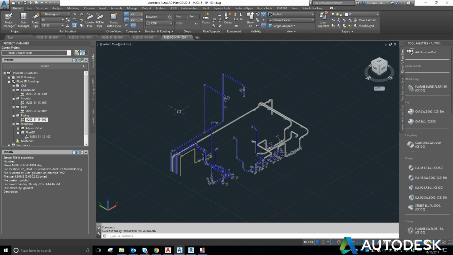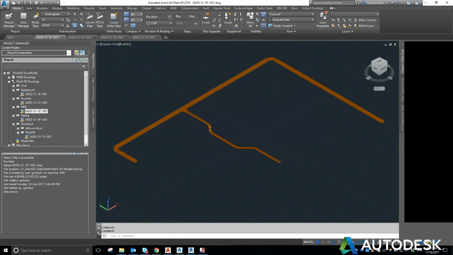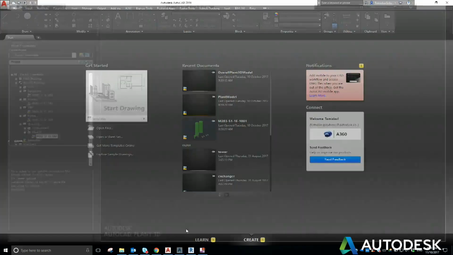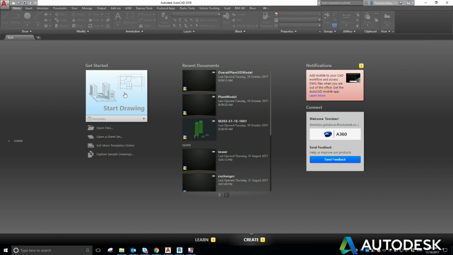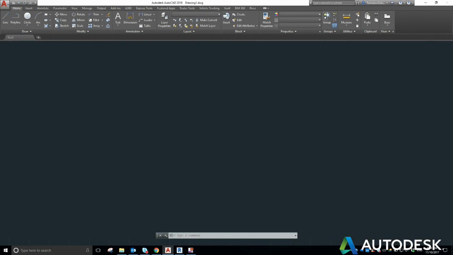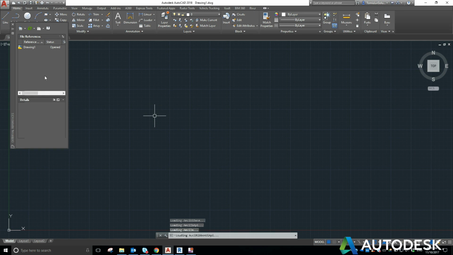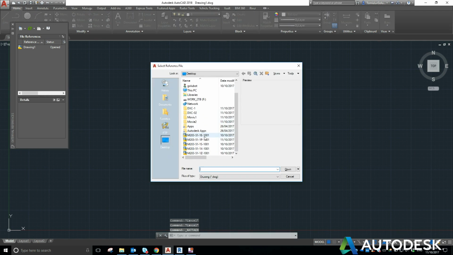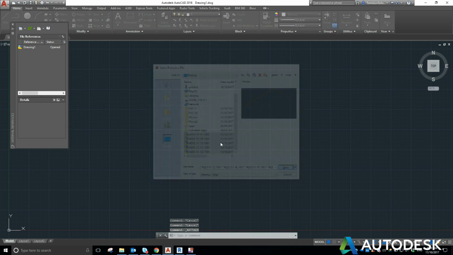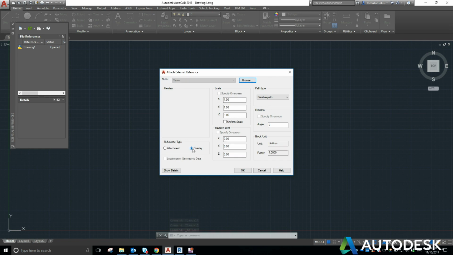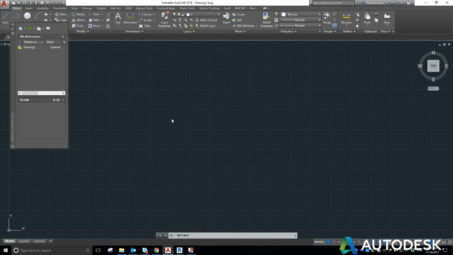So now I've got all of my plant models dumped down to vanilla AutoCAD. So I'm just going to close off plant and then jump into AutoCAD. So what I'm going to do is xref all of those files together, as an overlay, which is fine,